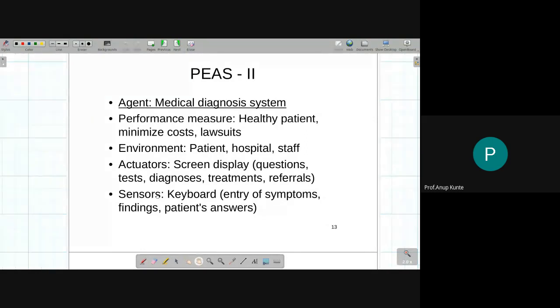So if there are any lawsuits getting generated, then that's a detrimental thing for my medical diagnosis system, the autonomous medical diagnosis system for that matter. Okay, so this can be a counter-effective measure. I want to minimize this, I want to maximize this. So the healthy patient count I want to maximize. Okay, I want to minimize the overall cost of the treatment to my customers or patients. Okay, so this way you can think of the